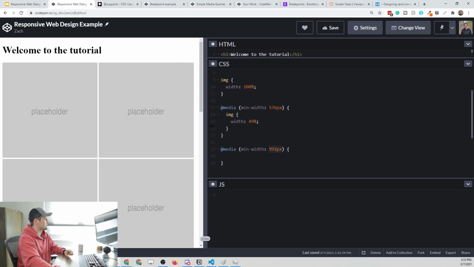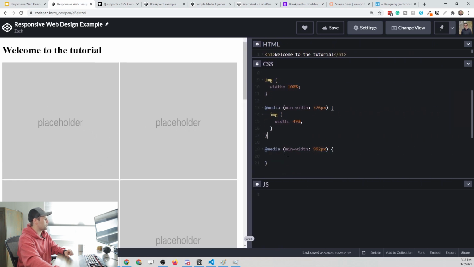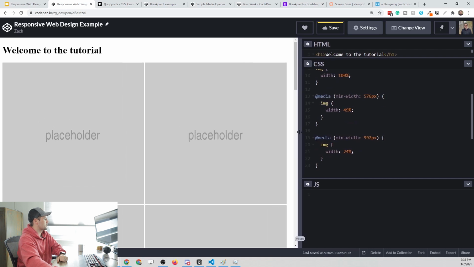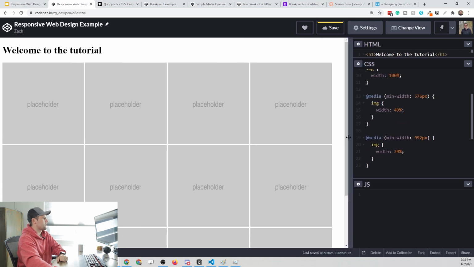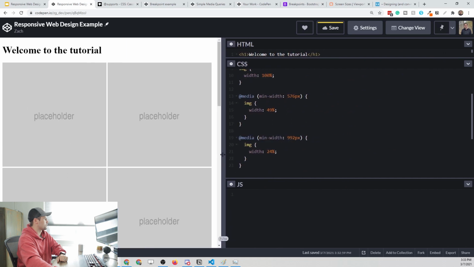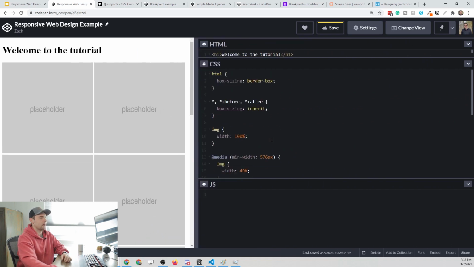So right now it's going to stay as 2 per row, no matter how big we get. But if we come down here and add an image style and give it a width of 24%, you'll see that as we get larger, it's going to put 4 per row. So now we see we have 1 per row here, 2 per row on a tablet, and 4 per row on a desktop device. So we've successfully written a mobile-first approach to CSS, and we've designed for 3 different screen